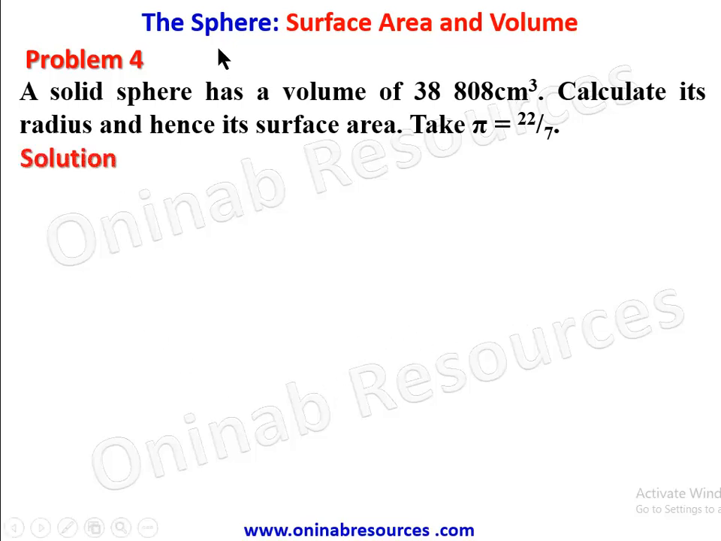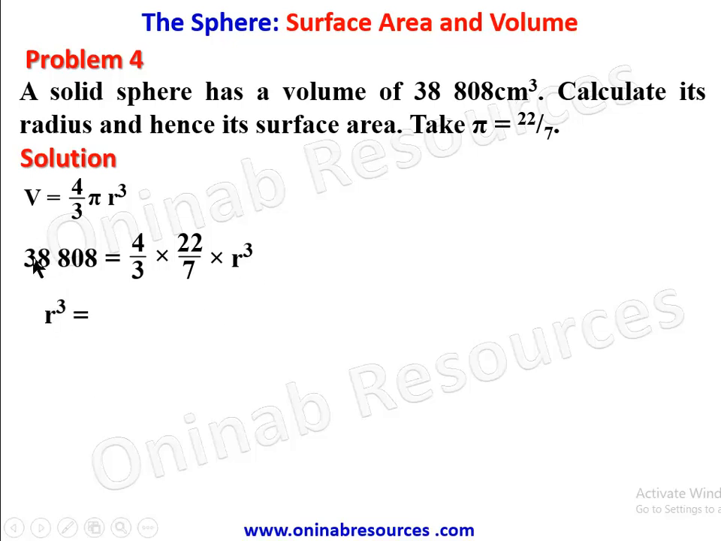In our solution, we need the volume of a sphere, and we are given the volume here. We are looking for the radius, and we are also given the value of pi. So what we do now is to substitute V and pi to enable us calculate the value of r. So we have it as 38,808 is equal to 4 over 3 times 22 over 7 times r cubed. We make r cubed the subject of the relation. This is going to be